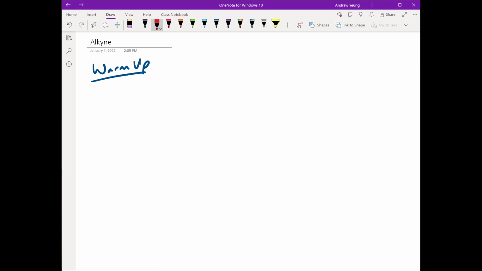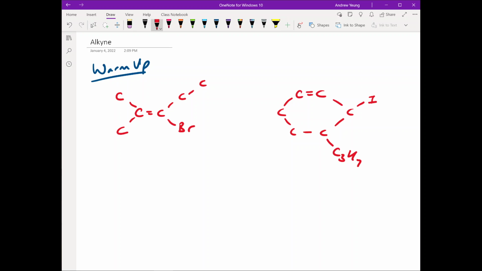All right, so let's try out a molecule. So sketch that for me there. I'm going to put a carbon group there and a bromine group over here. Okay. And let's do a ring compound just for practice. Let's throw a couple more carbons here. Let's do maybe an I group, maybe a C3H7 group there,